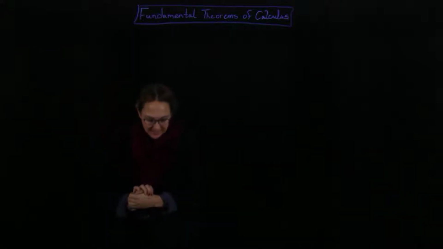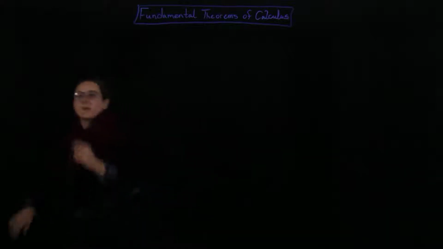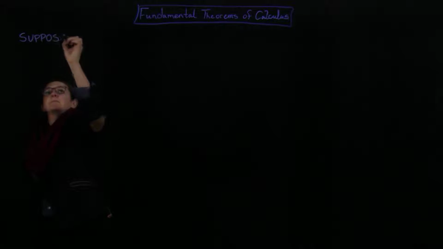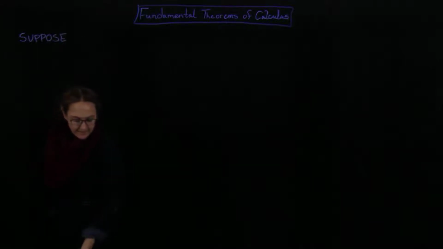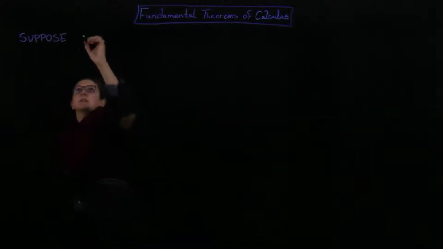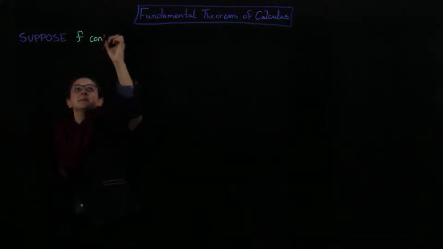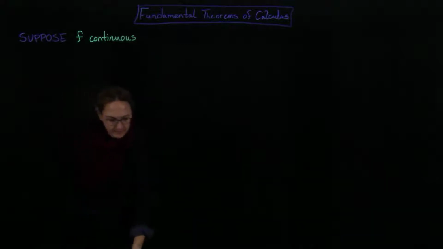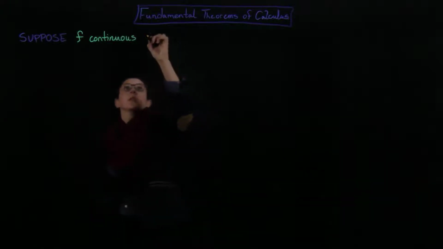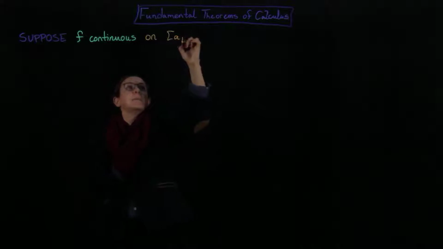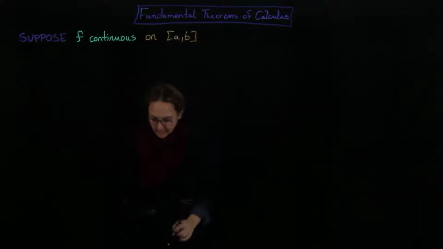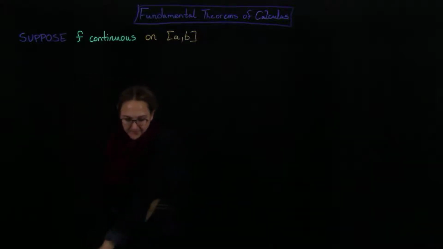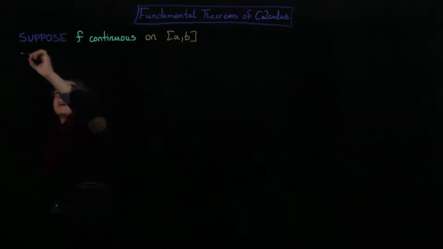So what's our setup? We want to suppose we have some function f. So f is going to be continuous on some interval [a, b]. Okay, so those are the things that must be true in order to apply the rest of the theorem. So here's the rest of the theorem. Then